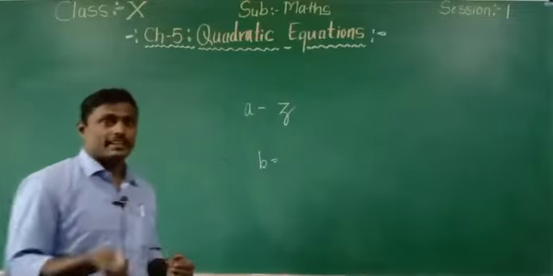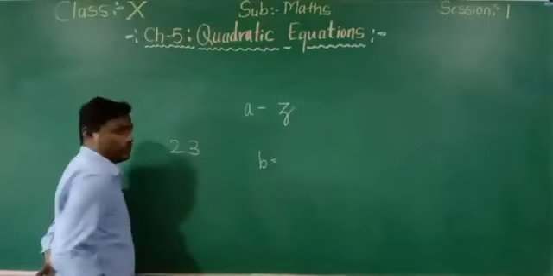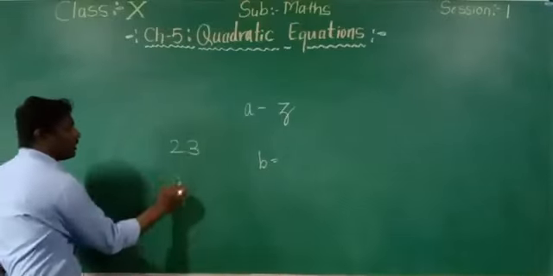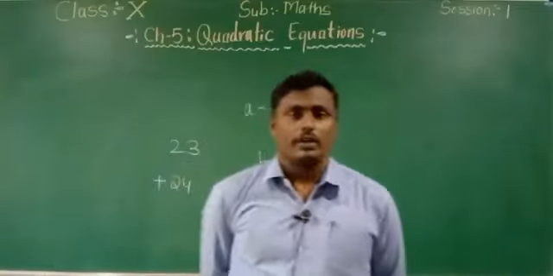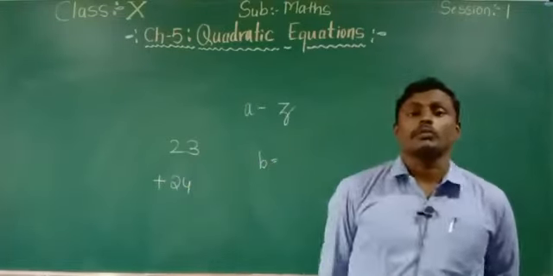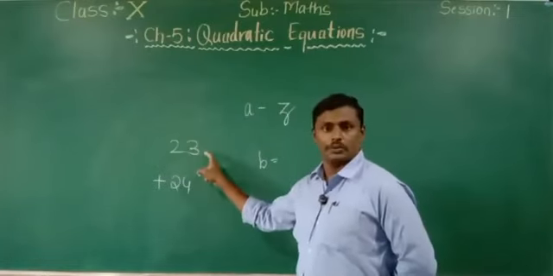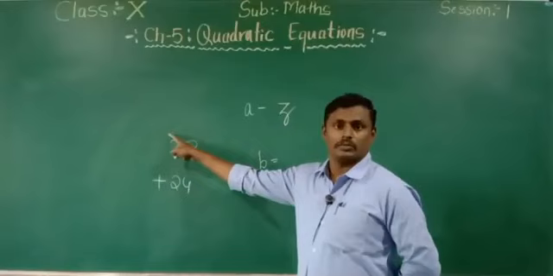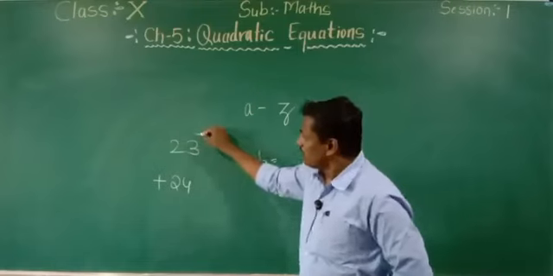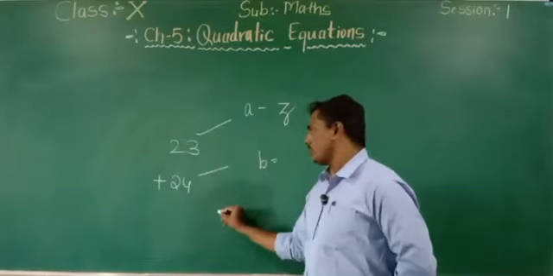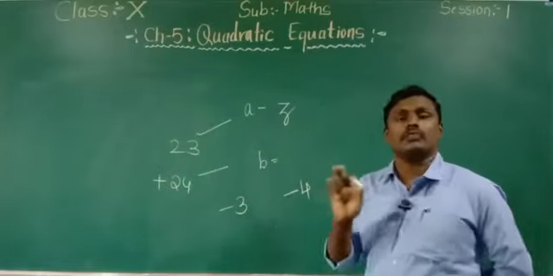Then what is that second term? Constants. So constant means what? Constants are the numerical values, whether positive or negative, but it has a fixed and definite value. This is 23 only. Wherever you go and ask what is this, it is 23, and this one is 24, minus 3, minus 4, right? So these are fixed values.